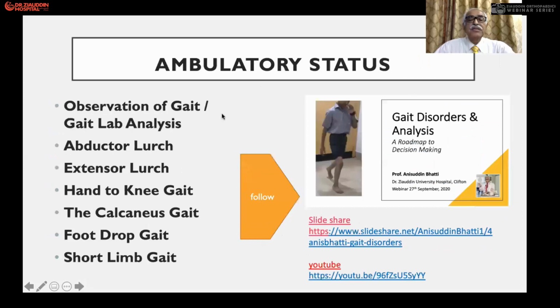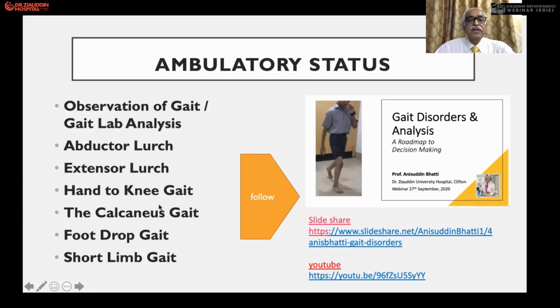We have also discussed the ambulatory status and how to know it. We can do observational gait analysis with the camera. We can do that in the gait laboratory. Then abductor lurch and extensor lurch, which can be because of paralysis of the gluteus medius and gluteus maximus, and hand-knee gait because of the paralysis of the